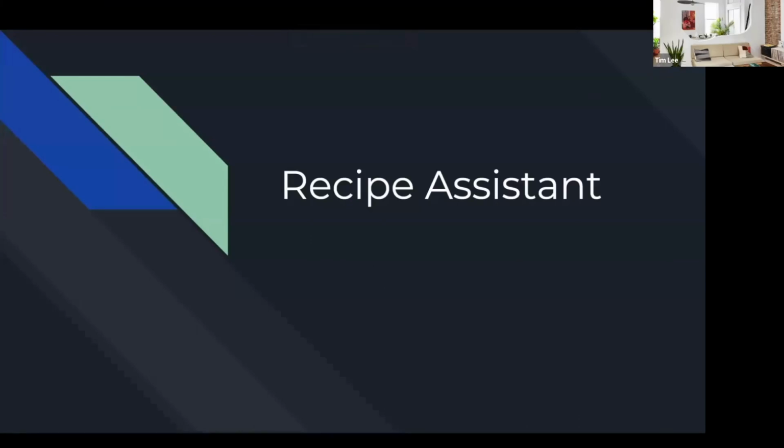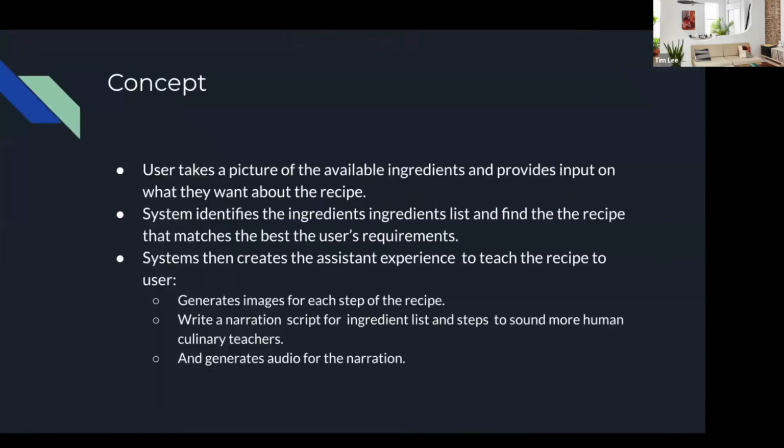We're gonna explain that. So we decided to do a recipe app, recipe assistance. The main idea is that you take a photo of the ingredients that you have. You can say whatever you want about your recipe, like I wanted something quick for dinner. And this will then suggest a recipe for you, and also create the assistant experience, where you have someone